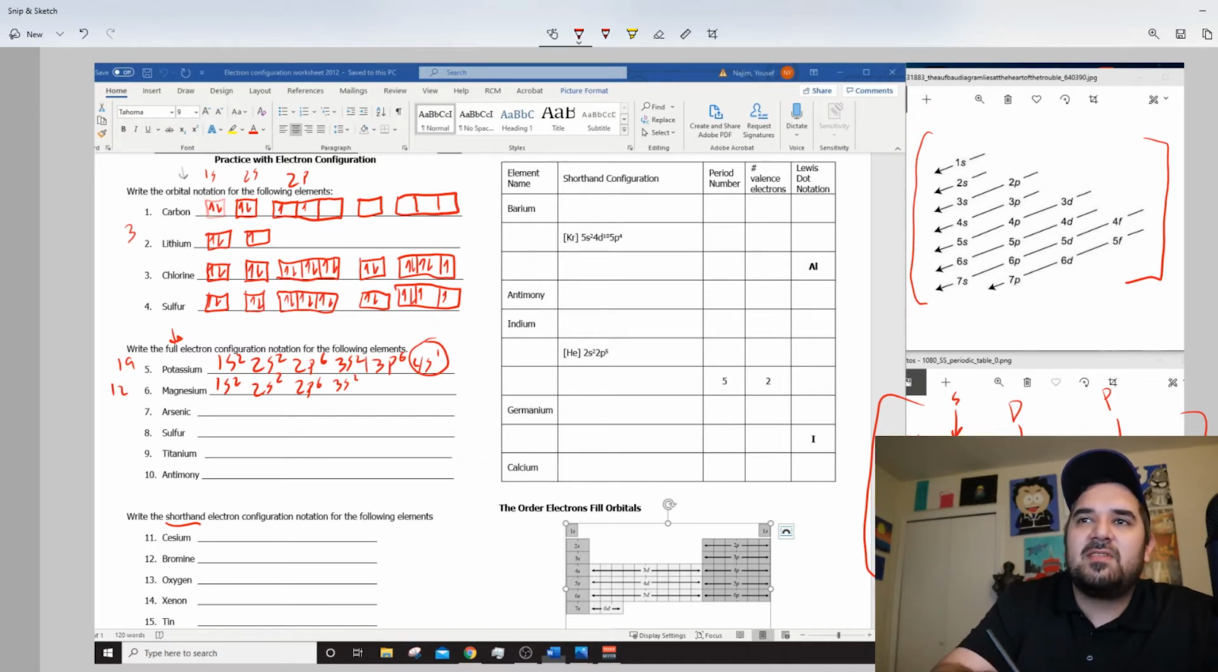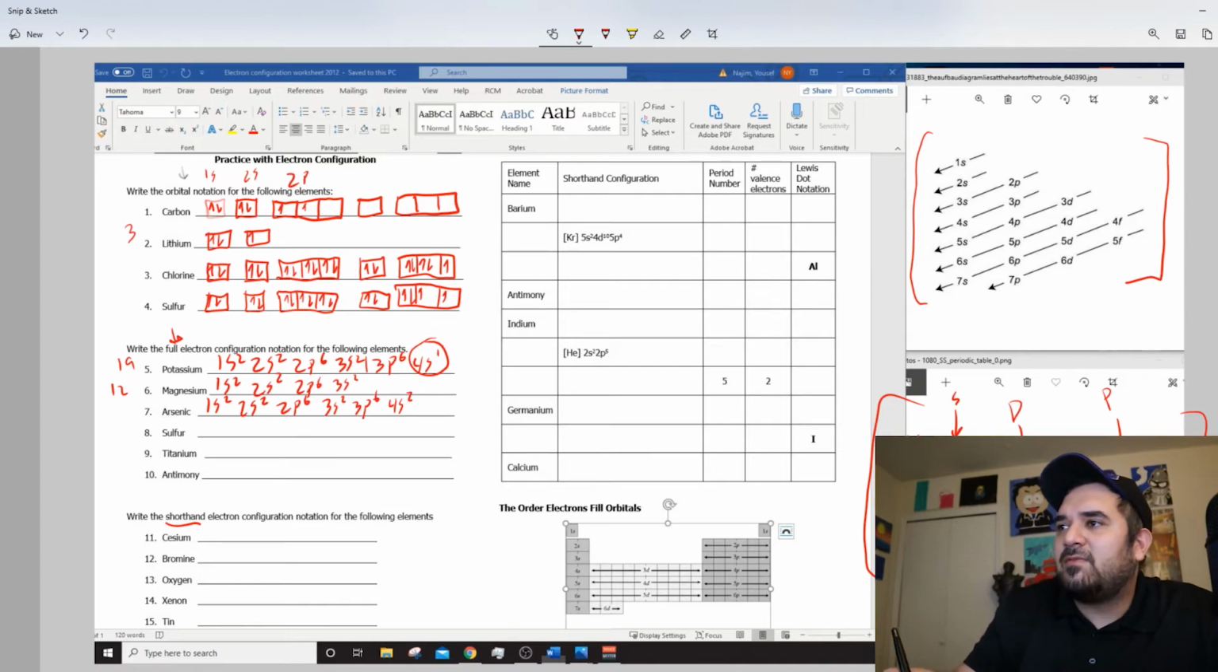So next one we have is arsenic. Arsenic is going to be 33. So this one's much longer than potassium. And let's go ahead and get it. So it's going to be 1S2, 2S2, 2P6. So we're at 10 so far. And then 3S2, 3P6,